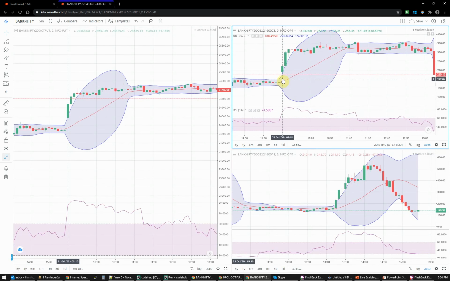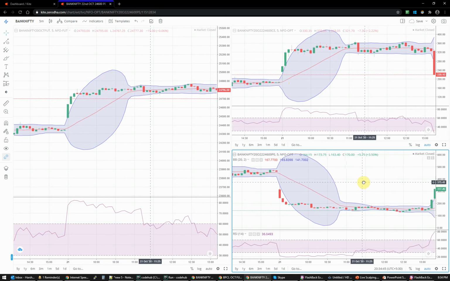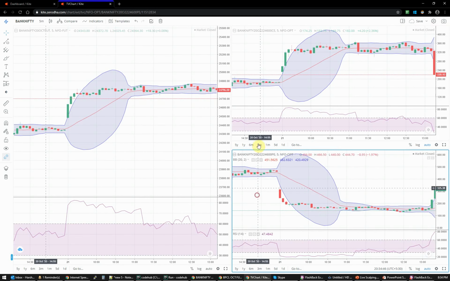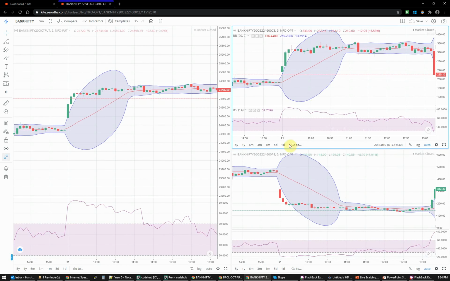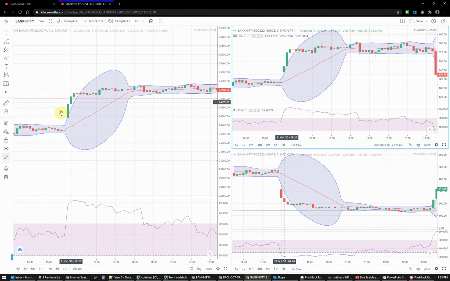If you see the CE, the same thing happened, it broke the upper range of the Bollinger Band, and it made a good move. So let's quickly check how much profit it made. If we had taken this trade, it made around 63 rupees, 66 rupees with the same setup. Okay,